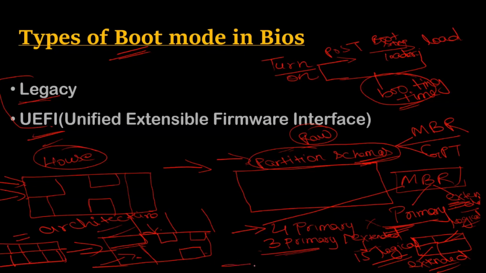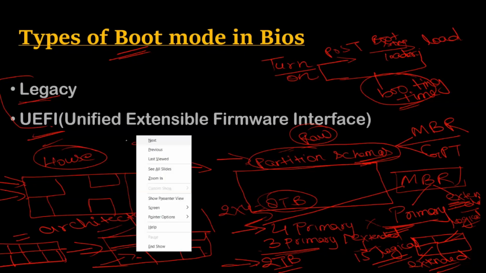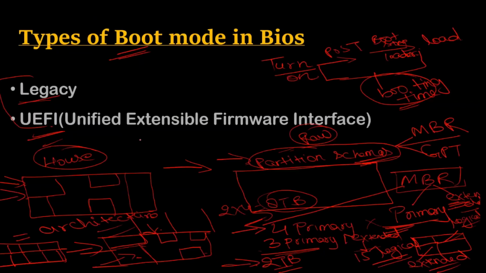Next, in MBR, the maximum size of a partition will be 2 TB. Maximum partition size can be 2 TB. So for 4 partitions, you can only use 2 TB times 4, which is 8 TB. You can use this much size. That means, as we discussed earlier, in the market the maximum capacity of hard disk or SSD available is 20 TB.